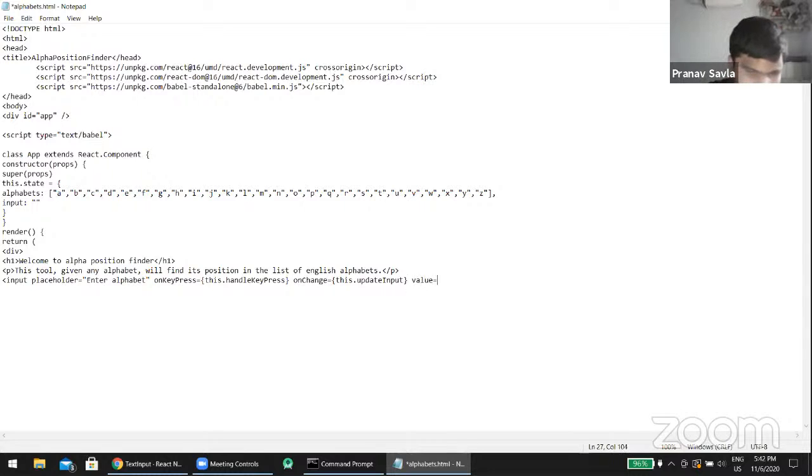And value equals this.state.input. Value is essentially an attribute that specifies where the text that the user typed should be stored. Okay, so we're going to actually close this. Oh, no, actually,